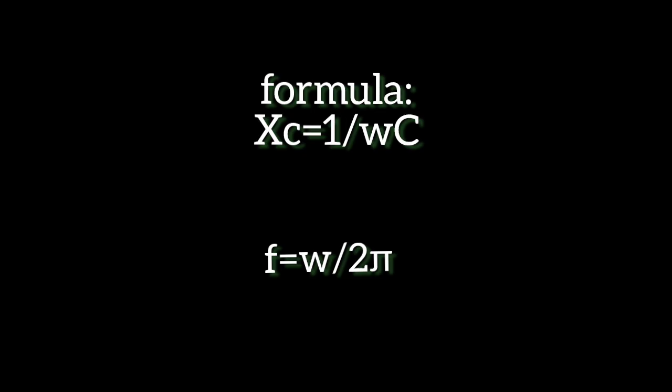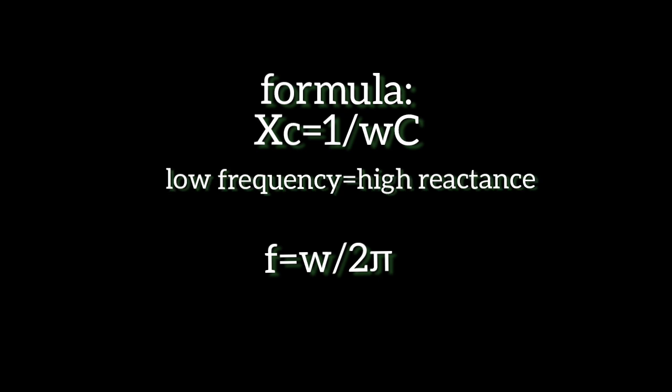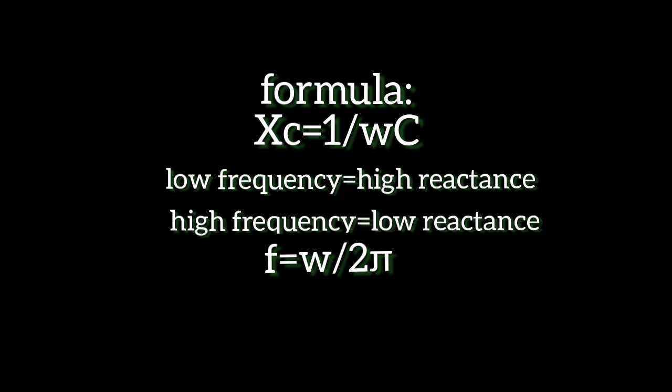We all know that the capacitor provides a resistance, which is called the capacitive reactance, to the circuit, and capacitive reactance is given by 1 by omega C, right? When a DC voltage is passed, the capacitive reactance is essentially infinite, so there's no current passing through the capacitor, so it acts like an open circuit. At lower frequencies, this reactance is really high because of the inverse relation, whereas at higher frequencies, this reactance is very low. And we use this principle in both the filters by connecting the capacitor across.